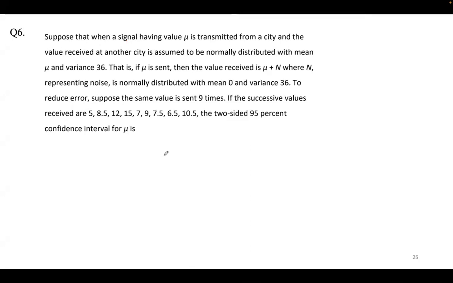Now the question is about a signal being transmitted and a signal being received. There's a given mean and variance. You have been given some values. So you basically want to find the estimate for either mu or sigma square, respectively, in each of the questions. So for the first question here,